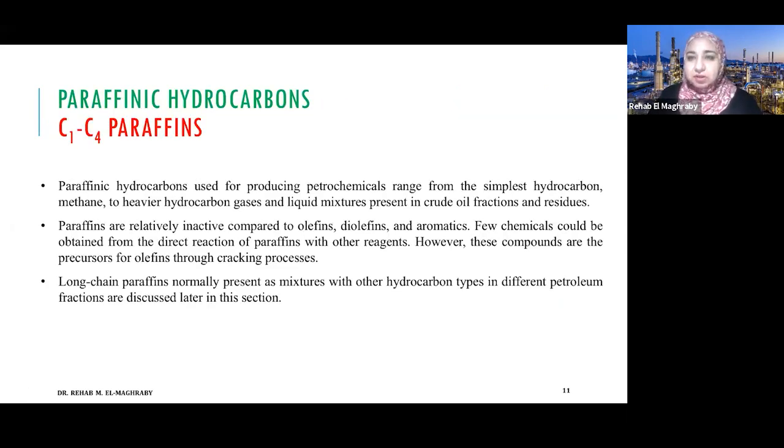So we will divide, in general, the petrochemical based material into three classes. First, paraffins. We will talk about C1 to C4 paraffins: what is the shape of these paraffins, how they are produced, but in a very short note, and then what is the product based on this? Again, in a very short note, and not the production step. I don't want this lecture to be very heavy or very concentrated.